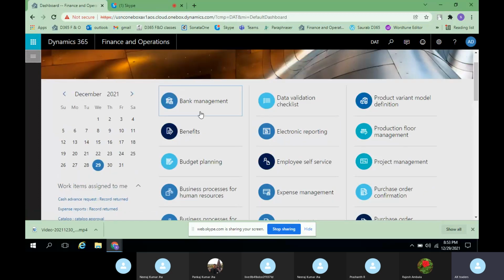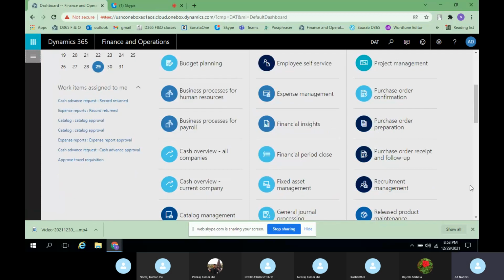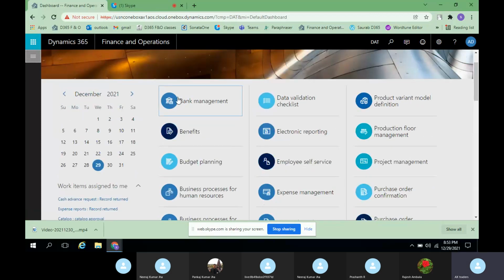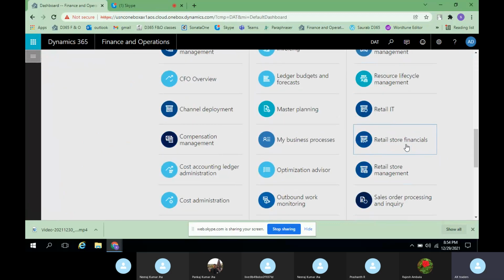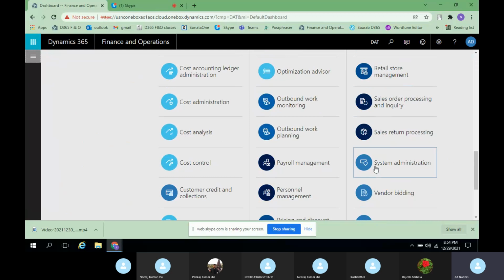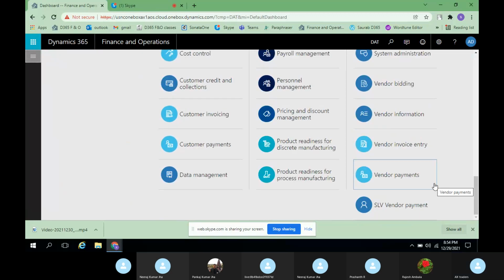In the same way, since it is a demo version, all the topics related to all modules, sample wise, they have kept as workspaces. Once you give this access to end users, since you are in accounts payable, you will be given only one or two workspaces depending on your requirement.